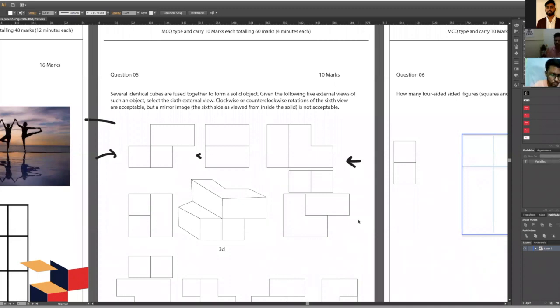So right now, do not focus on what sort of question and timing we have. Right now, let's solve it. So in this practice, you will be having a jumbled set of questions.